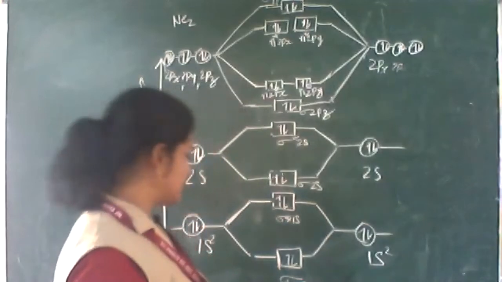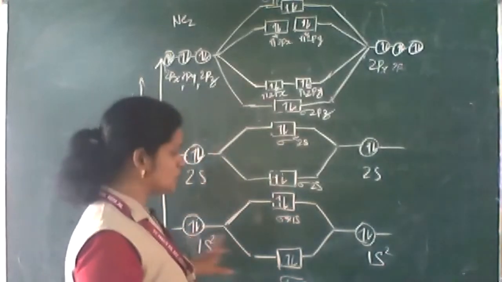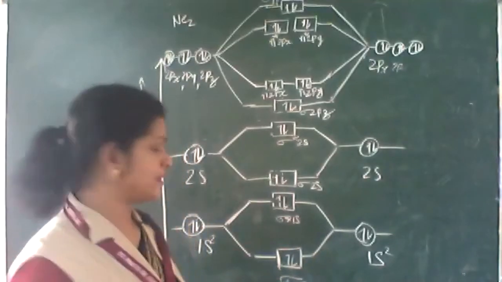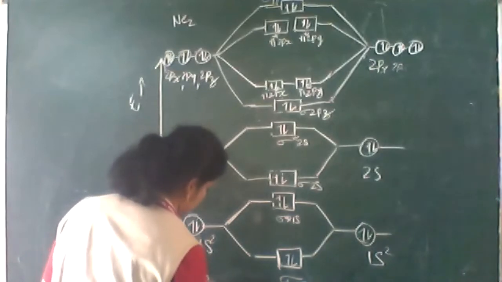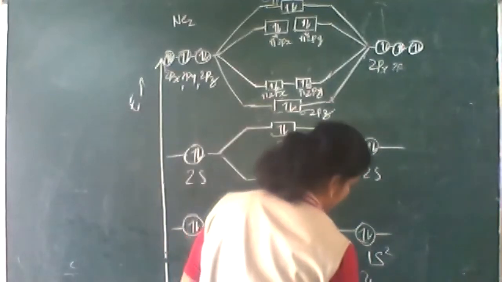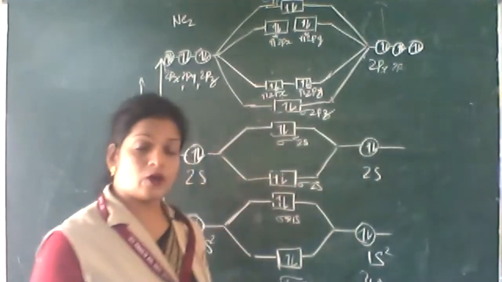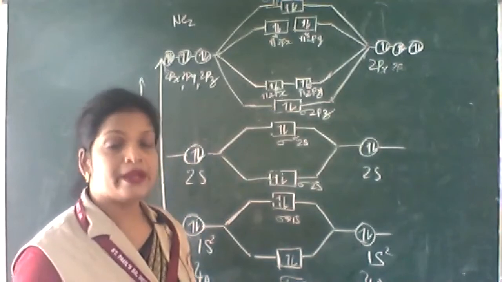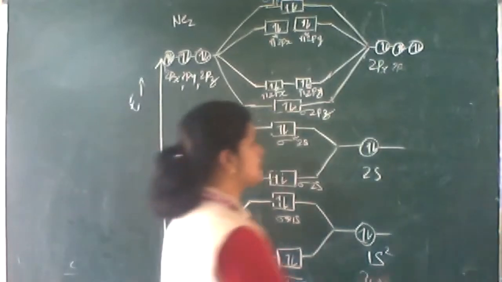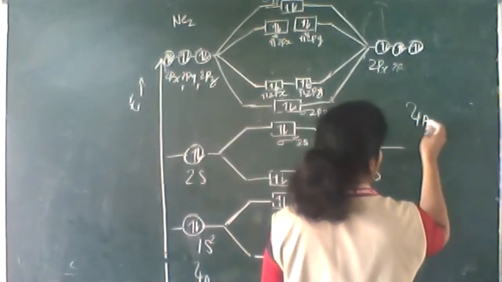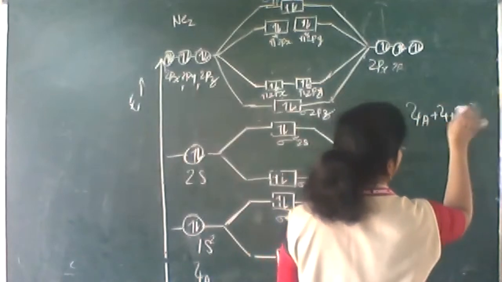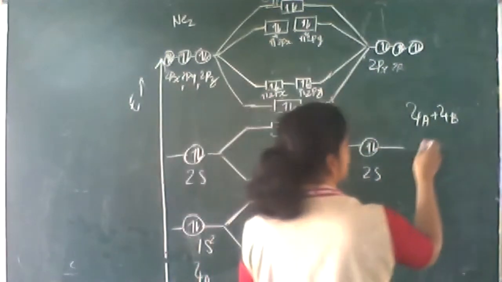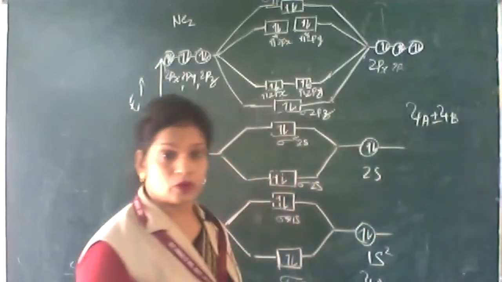So to get to that, let's see this. One electron, from the electron means a wave. You can express it by a wave function psi. Atom A, psi A, atom B, psi B. These orbitals can be linearly combined. That means psi A plus psi B and psi A minus psi B. Psi A plus psi B will give you the bonding molecular orbital, stable. Psi A minus psi B will give you the anti-bonding molecular orbital.